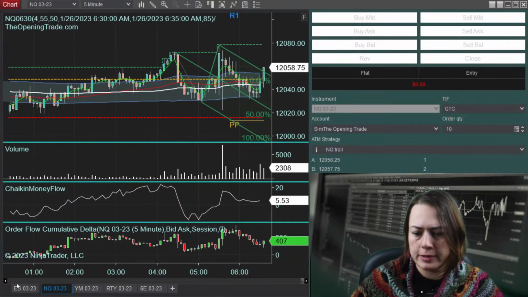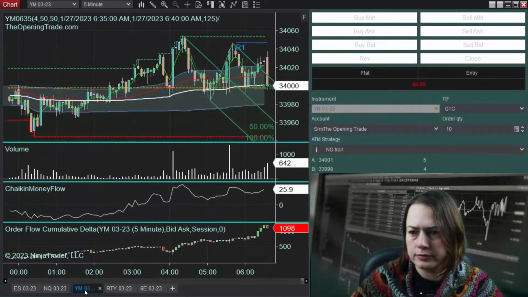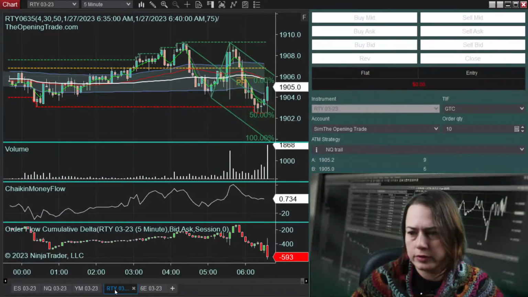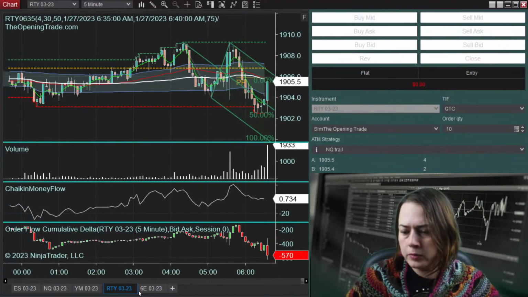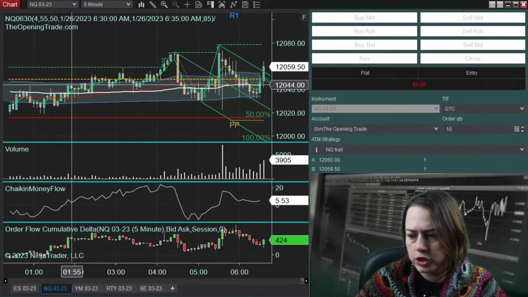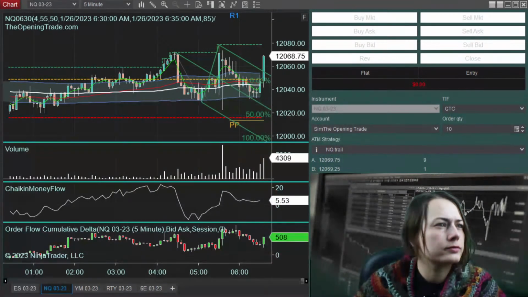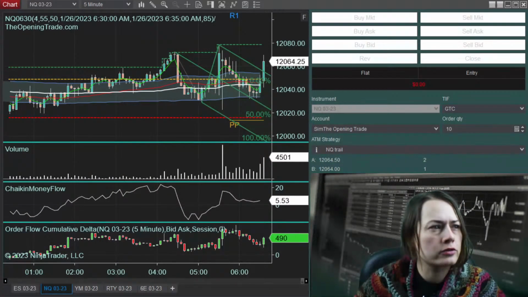So what is everybody else doing now that the New York has opened? Okay, so this is our Dow, and it is seeing quite a big movement. What else is moving? Moving and grooving. Friday, shimmy stock. Alright, so